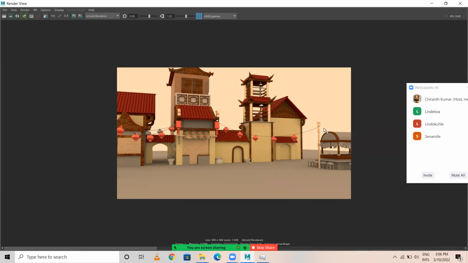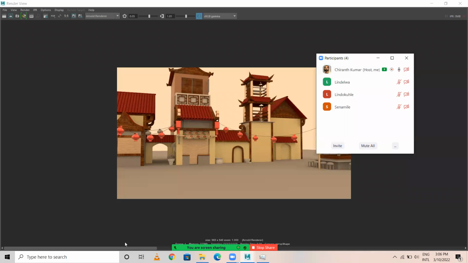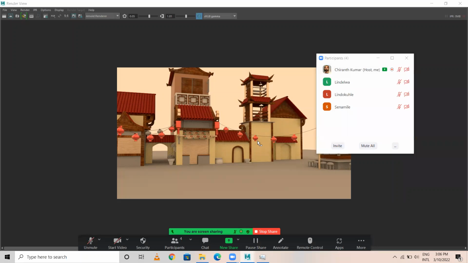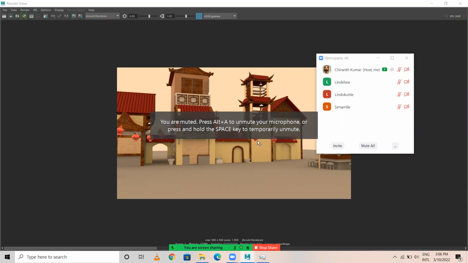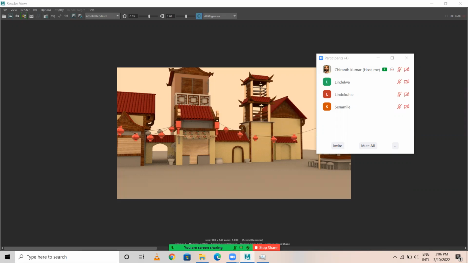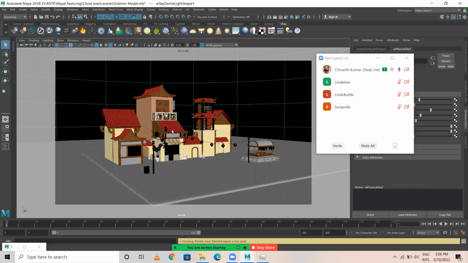I want you to work on it, do the texturing part, and you can do the lighting.